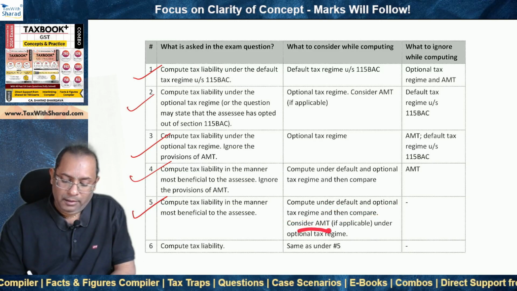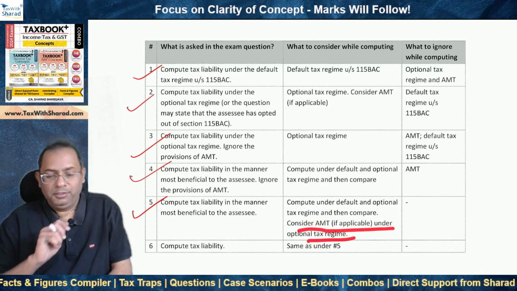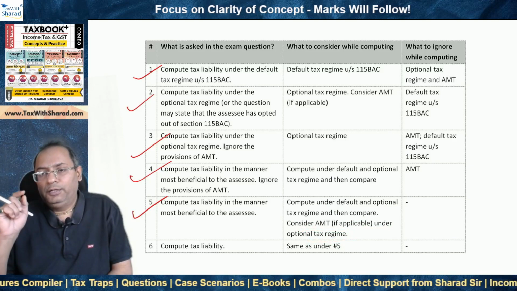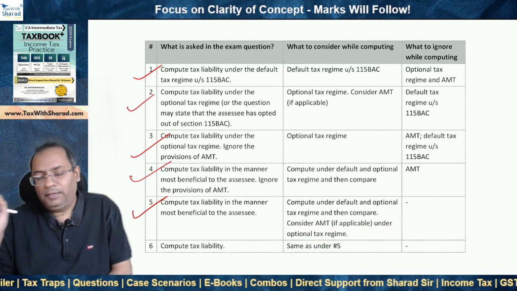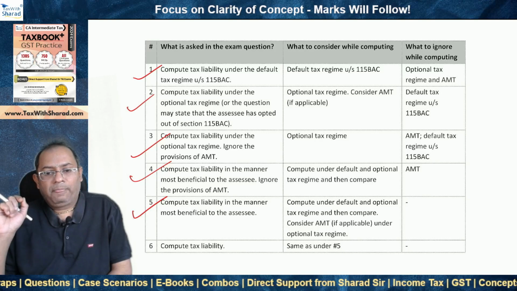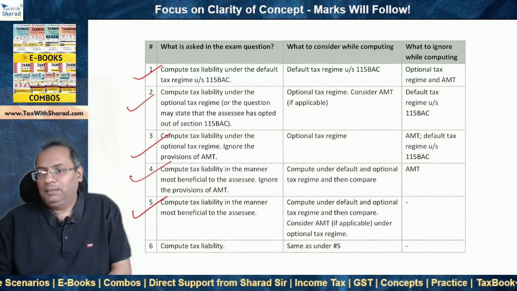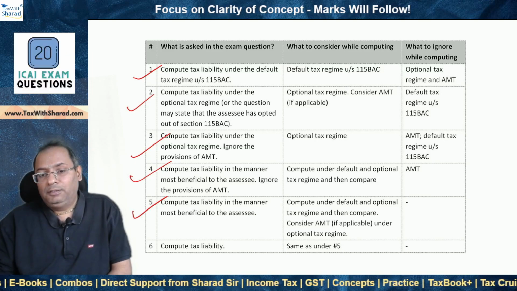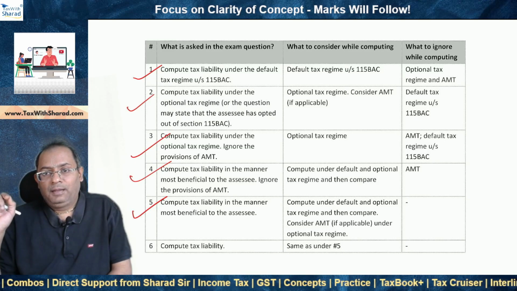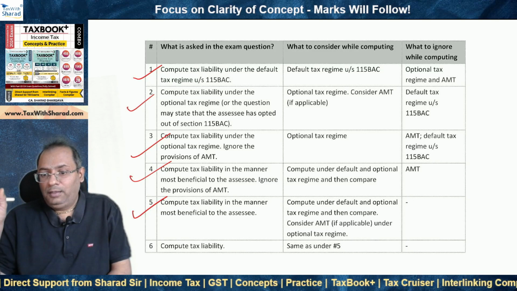Also, you should consider AMT if applicable under the optional tax regime. So what you will do is you will compute total income under the default tax regime. And then you will compute tax liability under the default tax regime. Then on the other hand, you will make computation under the optional tax regime. And while doing so, you will again